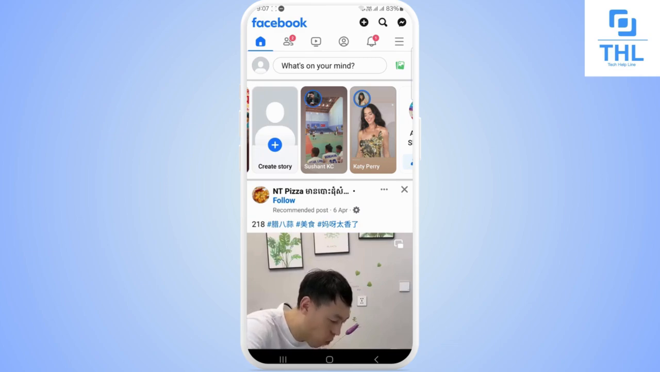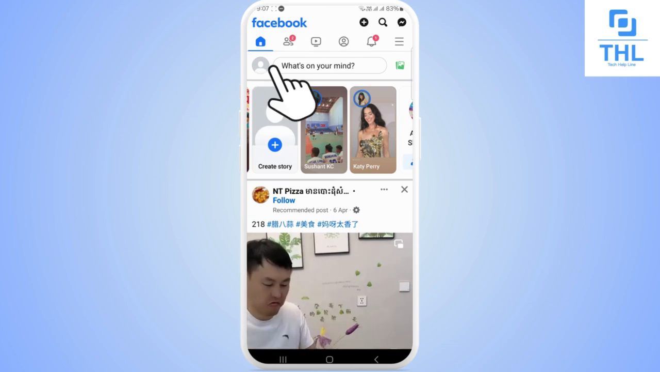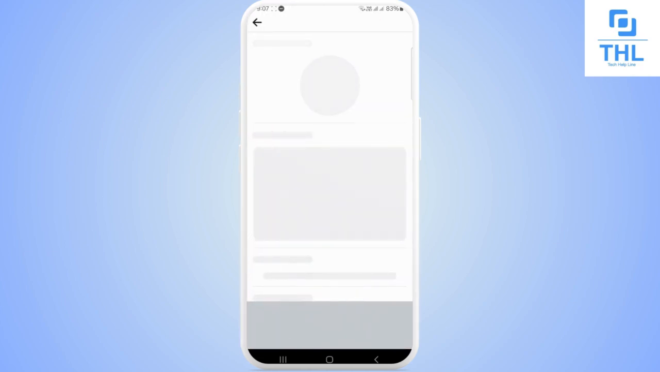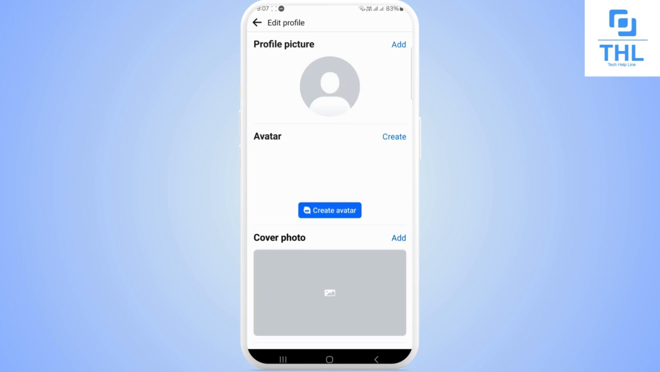Here you can see a person icon or profile icon. Tap on it. There you can see the option of edit profile. Tap on it. Here you'll come across this page. Scroll a little down. There you can see